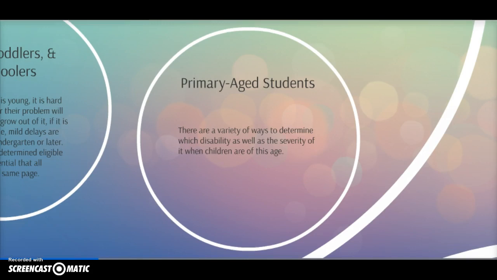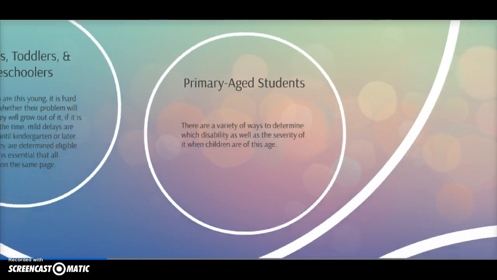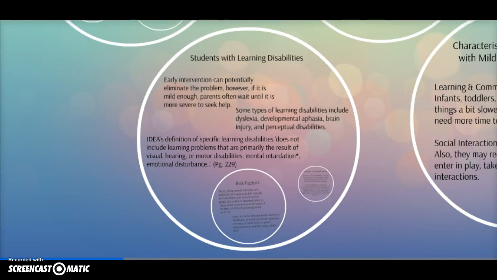And then for elementary school age students, there are a variety of ways to determine which disability as well as the severity of it when they're this age. So, for students with learning disabilities, early intervention is really important. The sooner they can get help, the better off they will have further down the road. IDEA's definition of specific learning disabilities is pretty strict. It does not include learning problems that are primarily the result of visual, hearing, or motor disabilities, mental retardation, or emotional disturbance. However, some of the things it does cover are things like dyslexia, developmental aphasia, brain injury, and perceptual